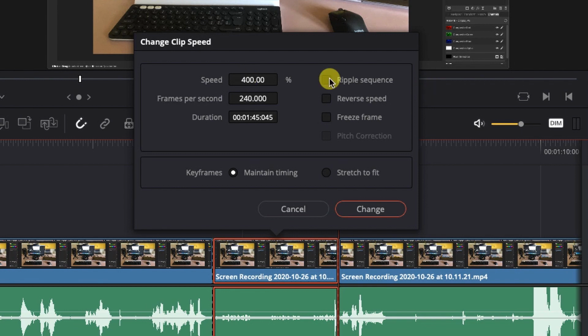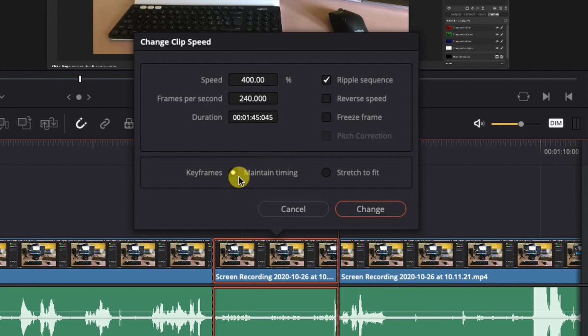Make sure ripple sequence is selected. Because if I increase the speed of a clip, obviously the clip length is getting shorter. And to fill up this gap automatically, you can tick this one. Reverse speed, no, I want to have it normal. Forward speed,